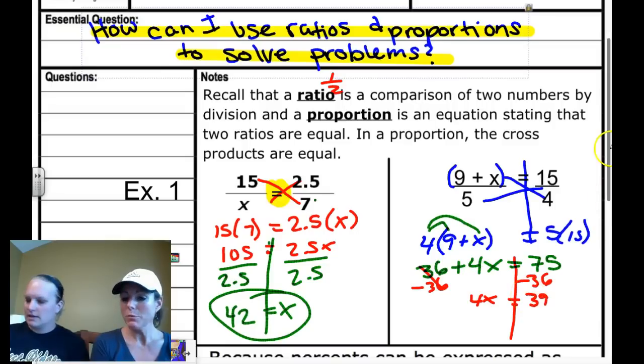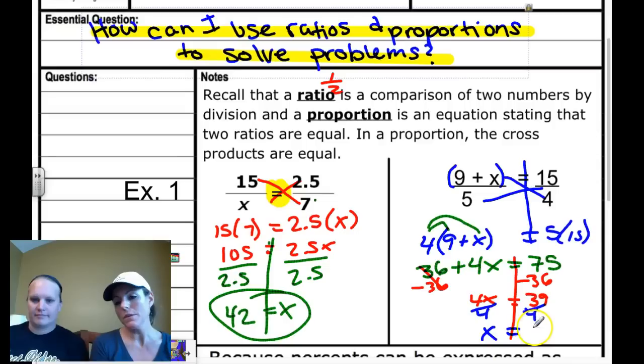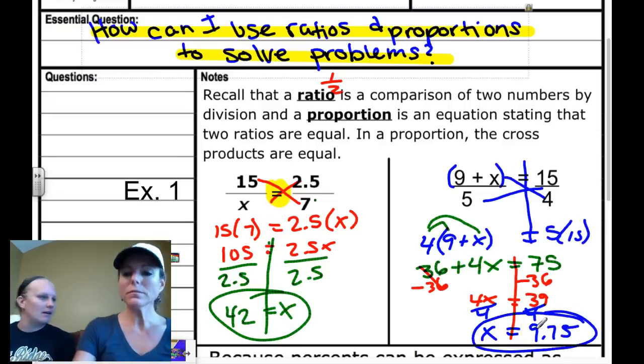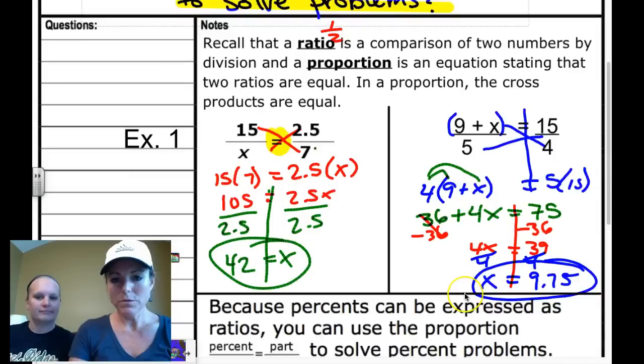Wonderful. Divide both sides by 4. And when you do that, we don't get a nice number, actually. You get a decimal, 9.75. And that's okay. We get decimals, and that is all right. All right. So now,